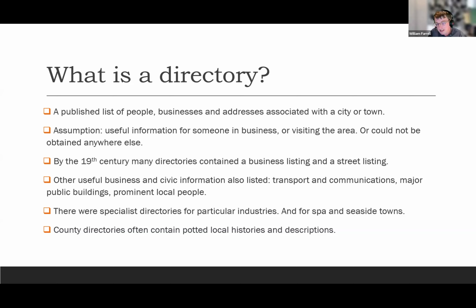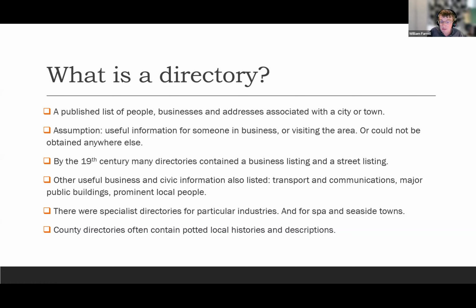But moving to a totally different sector of the economy and social life, there's actually a lot of directories for the spa towns and the seaside towns. And from quite early on, as soon as the spa towns became very popular with visitors, certainly by the late 18th century, you will find directories for places like Bath specifically. And then when the seaside towns took off, you'll find a lot of 19th century directories, sometimes listed, although their heading may be the county, but you'll find that Brighton, Margate, etc. figure very prominently, and there's a lot of tourist information in those directories.